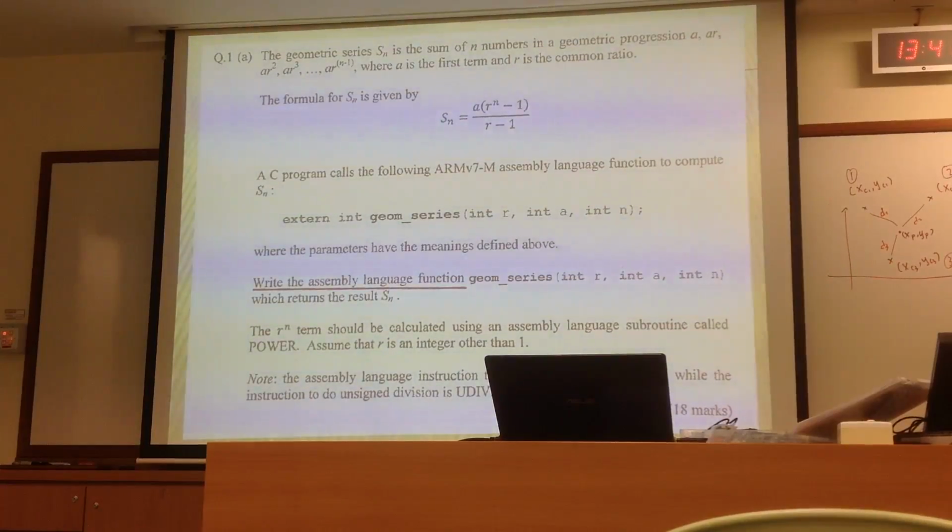It just says you need to calculate R to the power of N. For that term you need to use a subroutine power. Something like what you did in your assignment 1. So they multiply per program. So they see N is equal to 5, R contains 5 times of